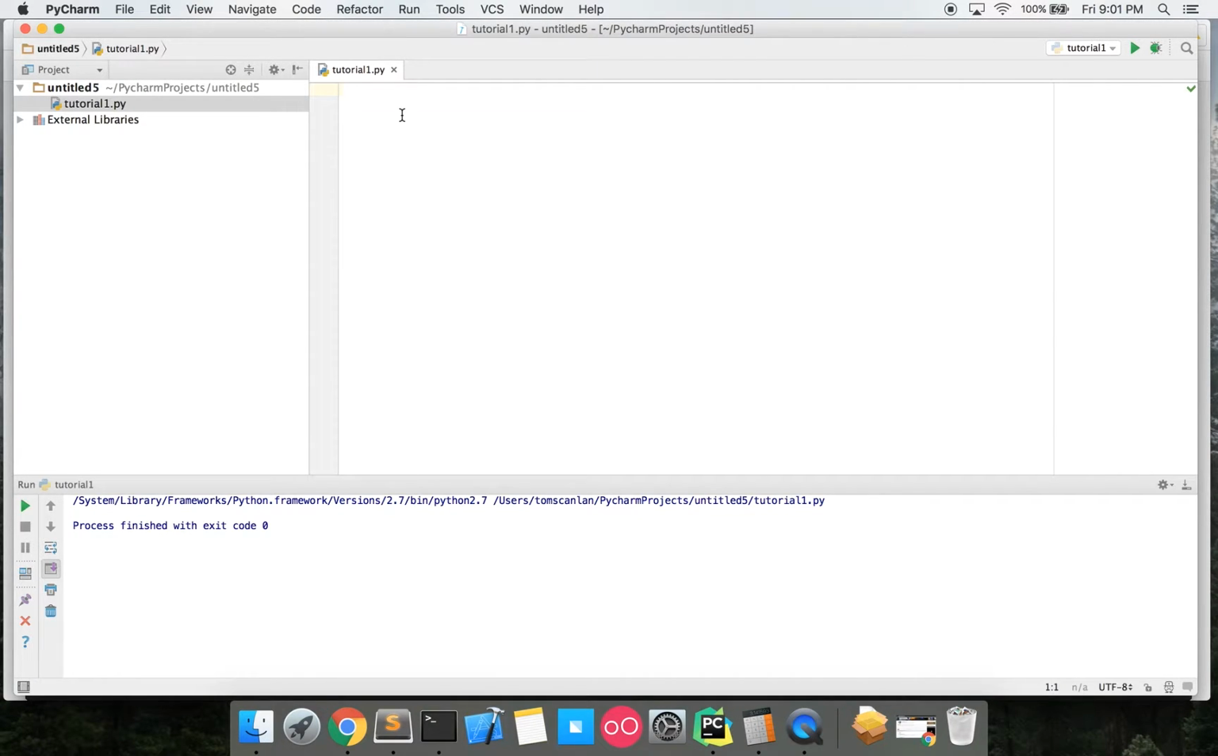All right, so we talked a little bit about how output works with printing in Python. Now I'm just going to go over the basics of how input works in Python. The first thing you need to do is actually create a variable before you can do any kind of